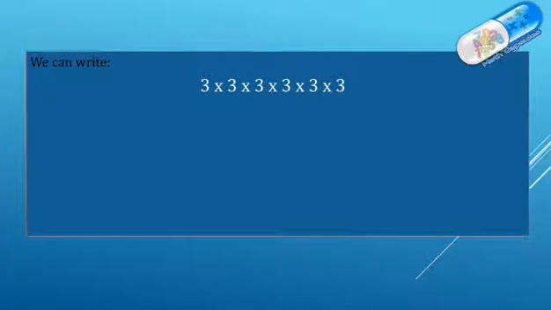First, we can see this phrase. We have 3 multiplied by 3 multiplied by 3 multiplied by 3 times 3 and times 3. How many 3's do we have here? We have 6 of them. So we have the 3 multiplied by itself 6 times. Instead of writing it like this, we can write it as